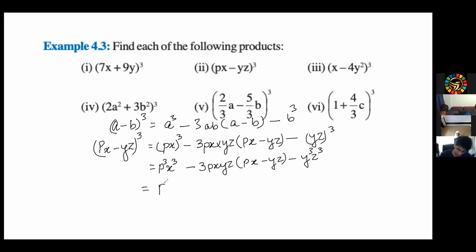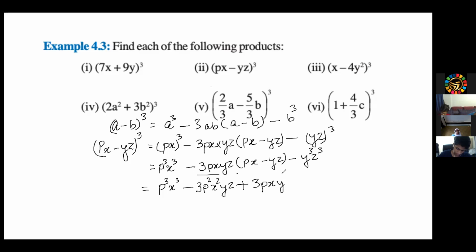So your answer is you have to multiply. Mudabbir, what will be my first term when I multiply this and this? When I open the bracket, what will be my answer? Ma'am, 3p cube. No, it is p and p. Only two p's are there. So 3p square x square, yes, and yz. Y square and z square? No, so y square z square won't be there because here you don't have yz. Only yz will come. Then you multiply with this. So minus and minus comes out to be plus, and you get